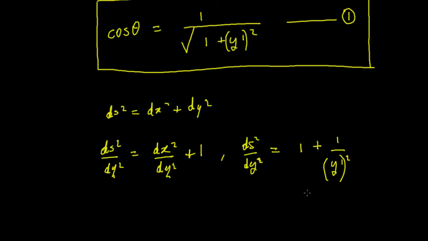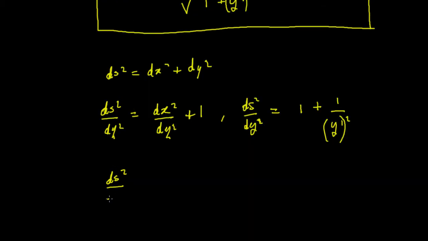Okay, so it means that we can then rewrite that, and we can take a common factor. The common denominator would be y derivative squared, so ds squared upon dy squared will equal y derivative squared plus 1 upon